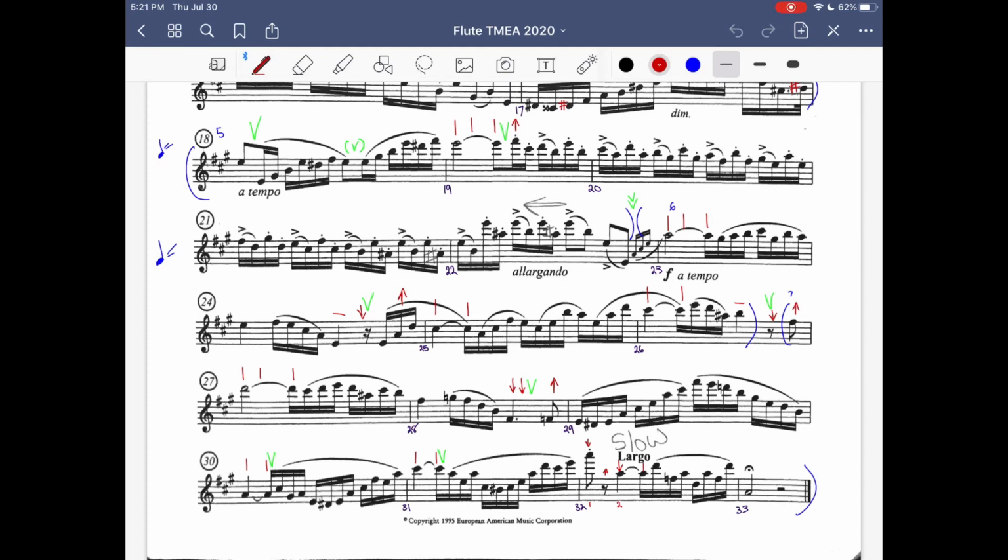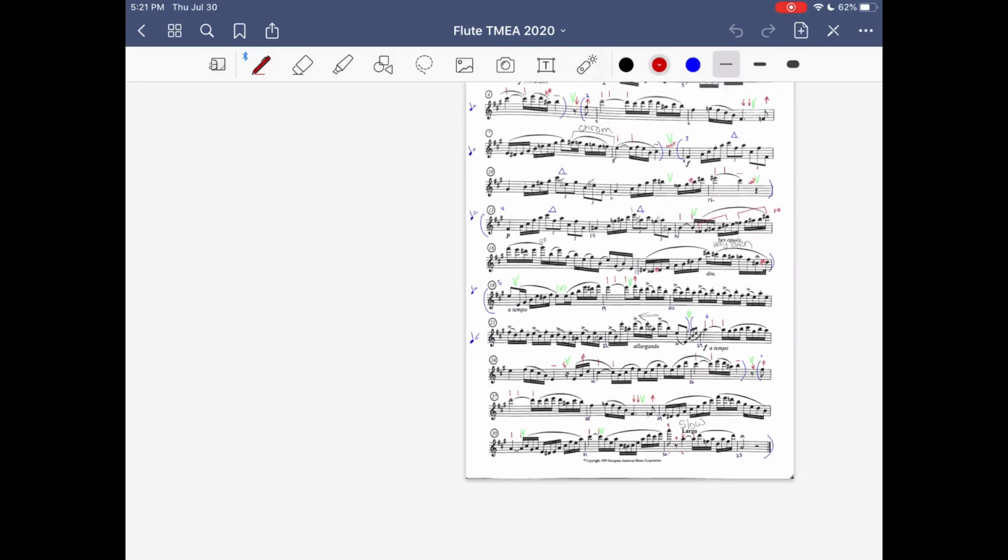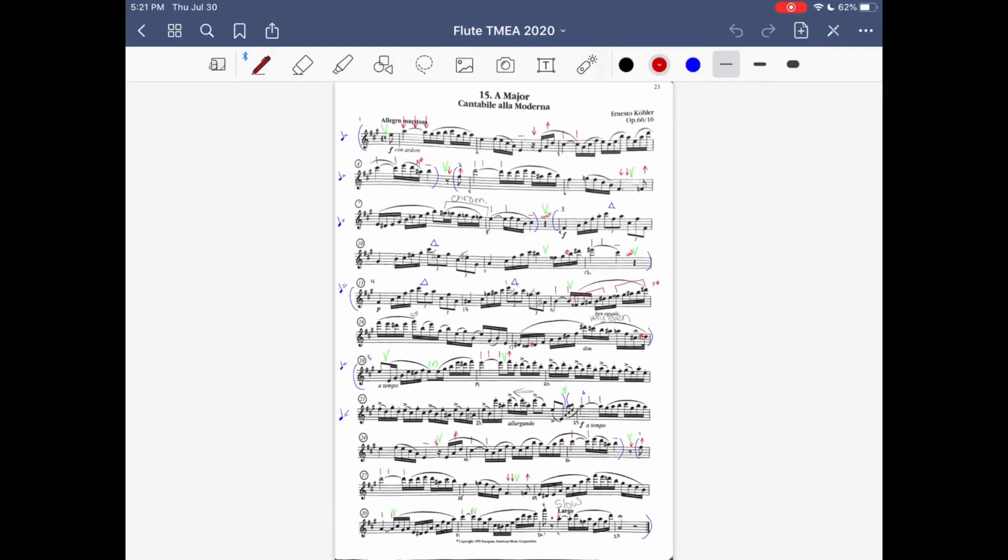Okay, let's keep going here. We are going to start looking at measures 23 through 28. This section should seem familiar to you because it's an exact repeat of what we have at the beginning. And so it's actually all the way the same